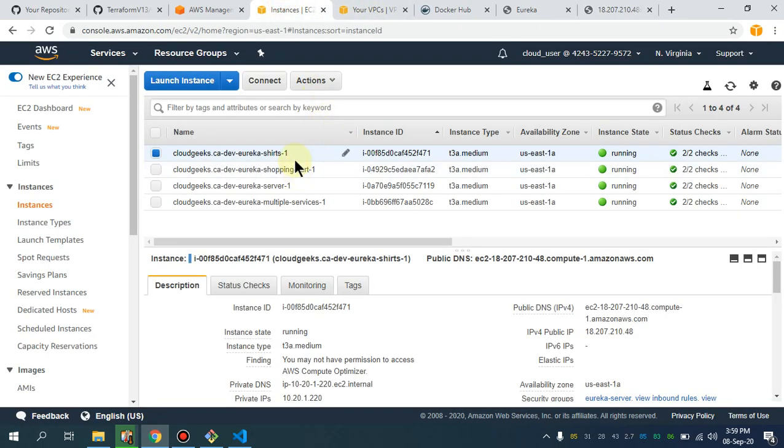So in this video, our aim is to do service communication from different hosts. As you see, these two hosts are different, running on separate EC2 instances. So how is it possible for the communication between the services to happen?